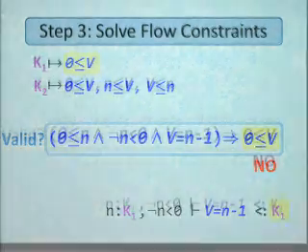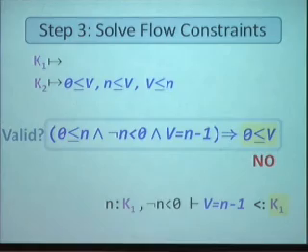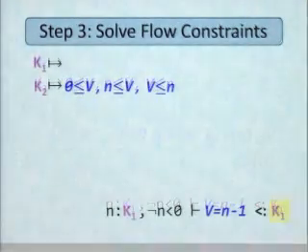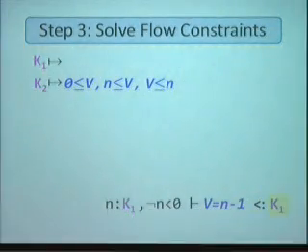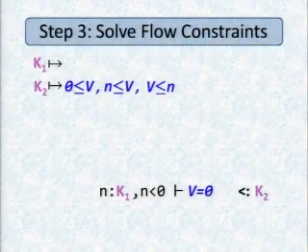Well, can't say anything about K1. The input could very well be negative. Okay, and that's pretty much it. There's nothing else I can do. This constraint is now satisfied, right? There are no more qualifiers here. The constraint is that all implications hold.